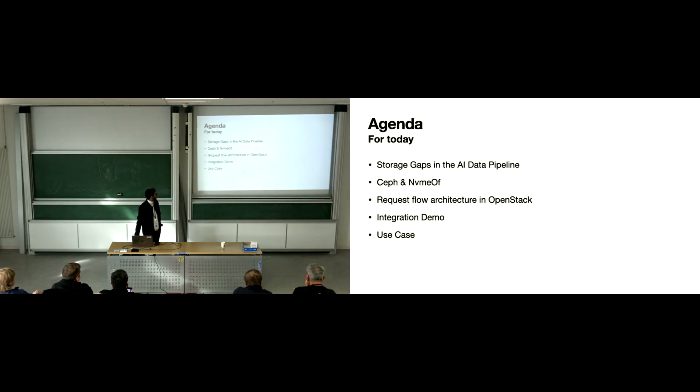And let's start with the agenda. First, I will cover the basics, like what the storage concept in a data pipeline looks like, and what type of storage we have. And I will cover where the gap comes in. And then I will cover very basic about NVMe-oF and Ceph architecture, to understand the basic terminology about it. Then I will show the request flow architecture for the code that I have written to integrate OpenStack with NVMe-oF, then the demo, and finally I will show the use cases where we can use this type of basic